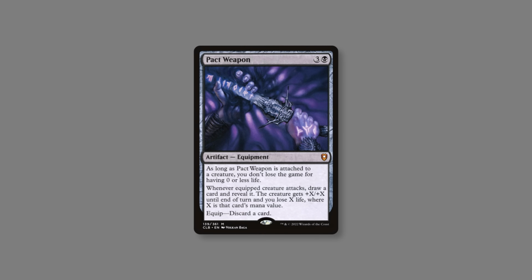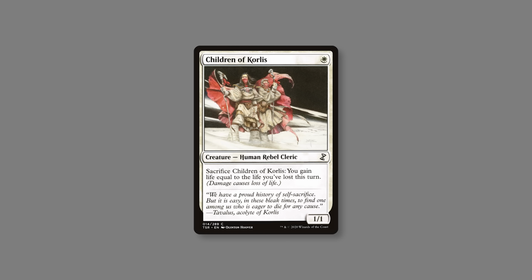Pact Weapon is a card I also picked out for this deck that helps curb the fragility life loss can impose upon you. It draws you additional cards, can make Valgavoth a disgustingly huge beater if you top deck the right card, and is also a discard outlet. All on top of letting you go negative into life totals for a funny life swap kill if you find Withered. I mentioned Children of Corliss earlier as a way to recoup life after a giant payment,